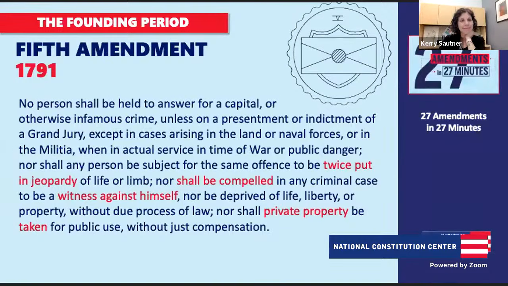The Fifth Amendment speaks to the founding generation's commitment to property rights. What we're talking about here is that last part of the amendment, where you can see, nor shall private property be taken for public use without just compensation. So this says that if the government wants to take your property, seize your home, something like that, the government has to pay you a fair price for it. And what's that clause called exactly? It's called the Takings Clause. I remember first learning about that and thinking it was something much more, and it's literally taking, much more direct than you realize.